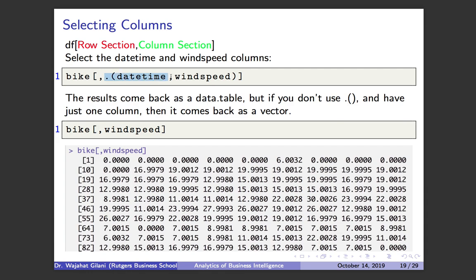But to the right of the comma, I am saying something. I'm stating here dot parentheses. Before, I showed you the concept of C parentheses. In data tables, they use C parentheses in certain situations, and I'll show you that. But they also have the syntax of dot parentheses. This is strictly a data table phenomenon. What does dot parentheses basically mean? Anytime you're selecting more than one column, you must use dot parentheses. That's what's happening here. So when I do dot parentheses,